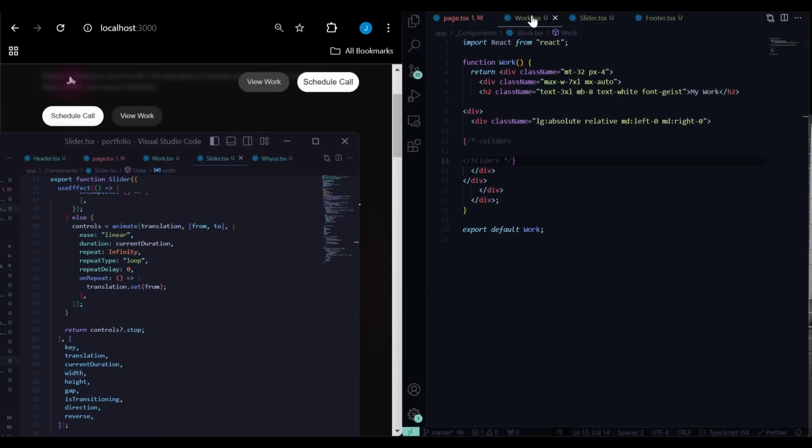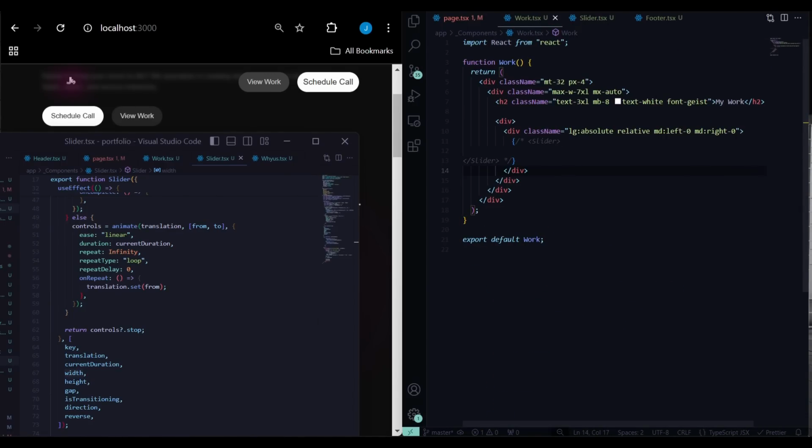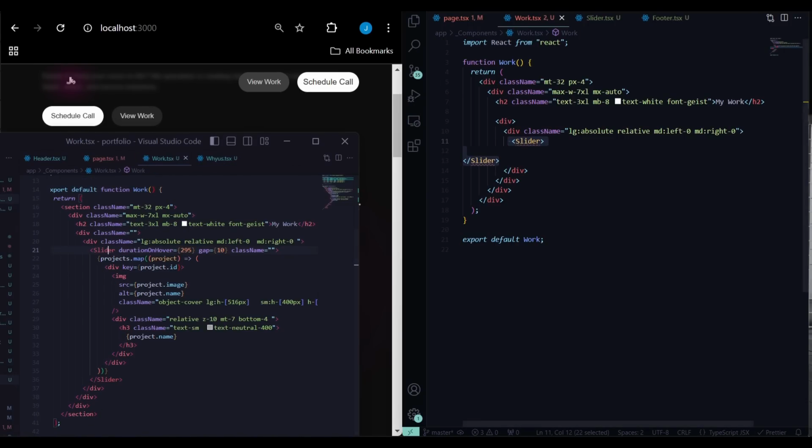So we are done with that. So what we need to do next is come here and comment this slider, and we passed in some props here. So here something like duration on hover. I give it like 295, and here we give it a gap of 10,